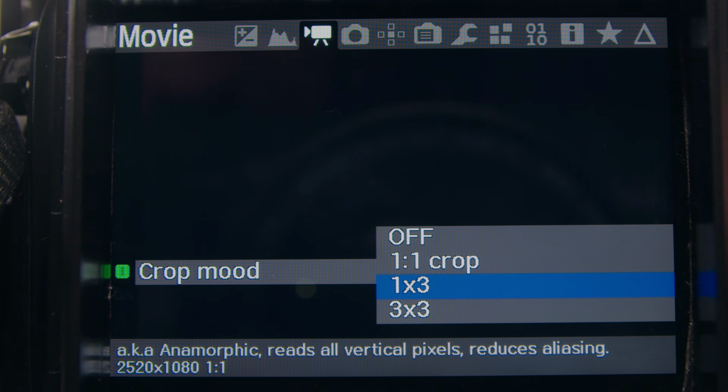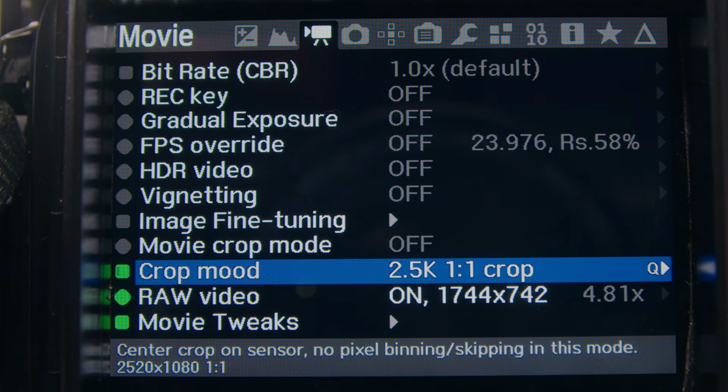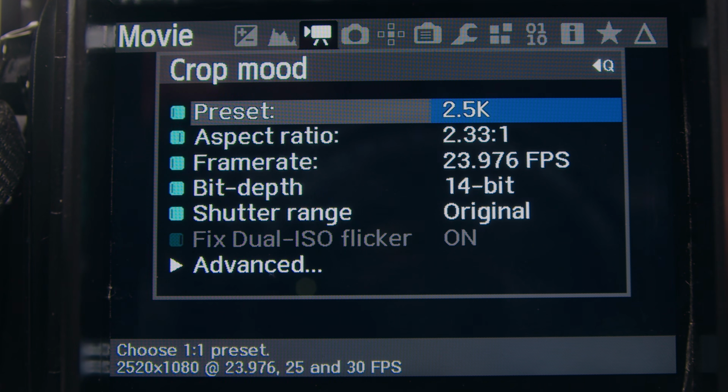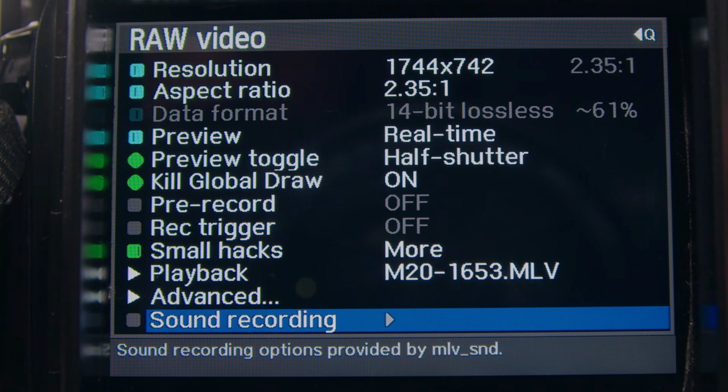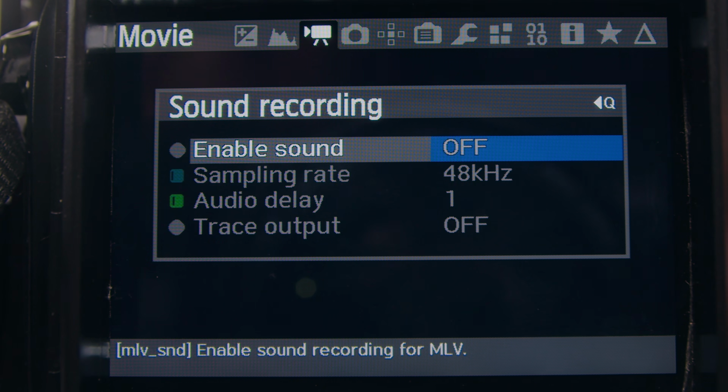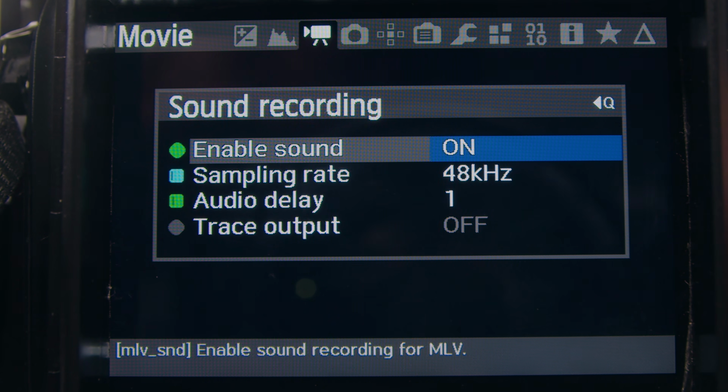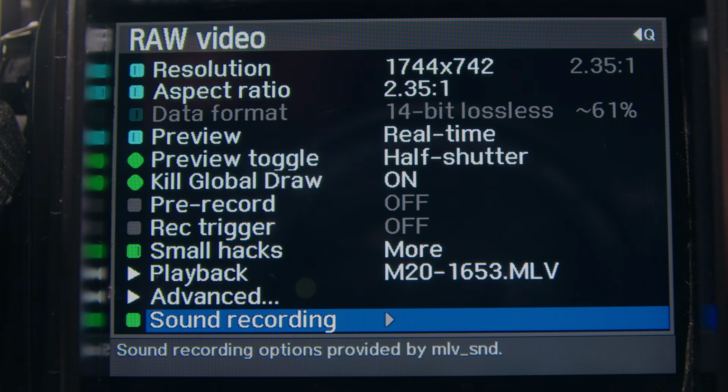Finally, let's try the 1:1 crop mode, starting with 2.5K 14-bit. But first I turn on sound recording for the test, and adjust the resolution.